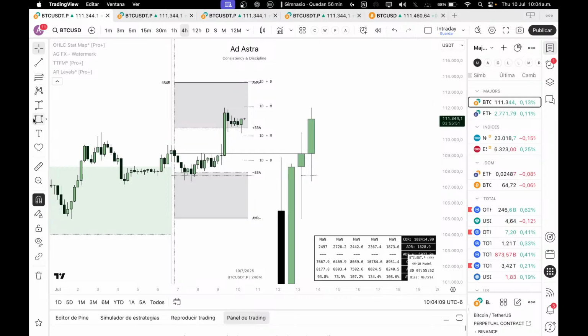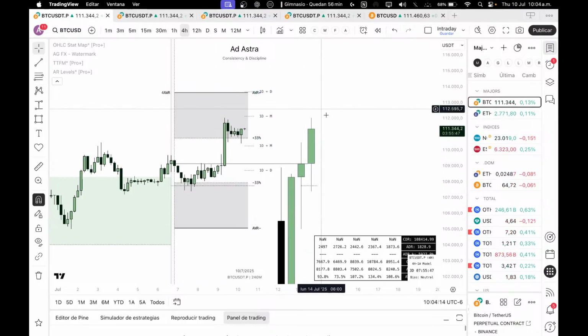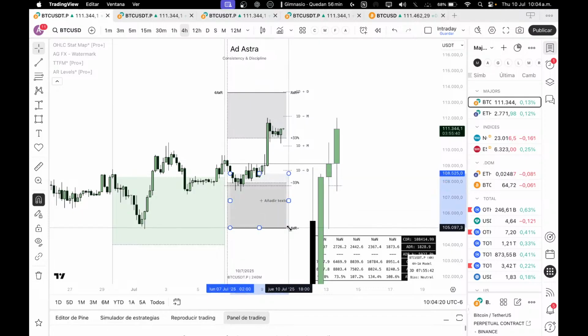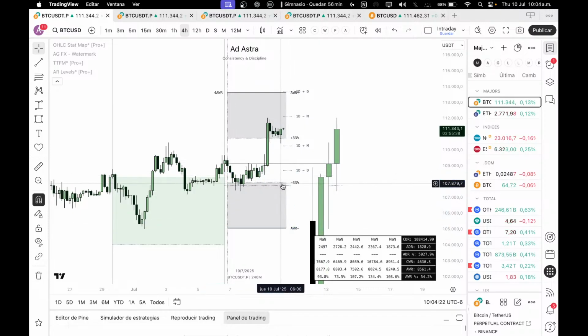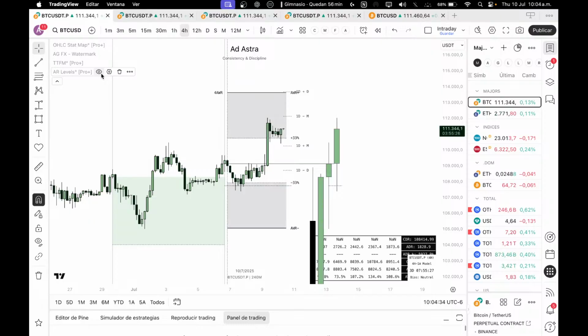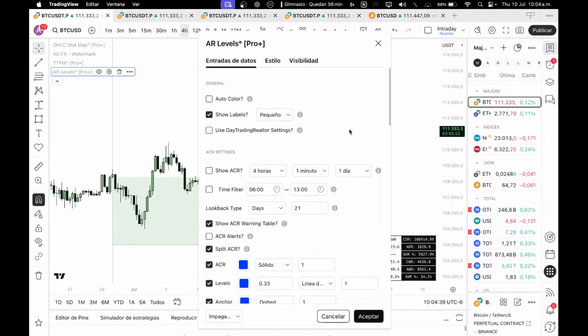Basically, on all these boxes, we can be considered a bit overextended from the average deviation. You can see here, for example, we held pretty well the over part, and now we're trading here. But anyway, I'm going to do a video on this indicator later. Really nice indicator, extremely useful, quite similar to the one that I have, maybe even better. I still have to check some stuff, but yeah,